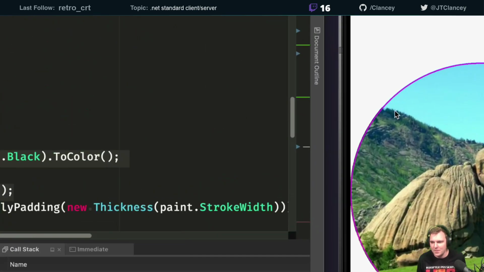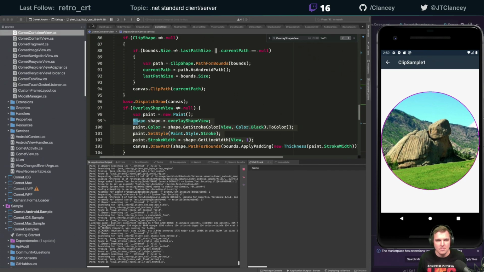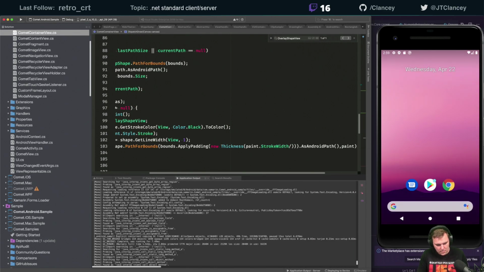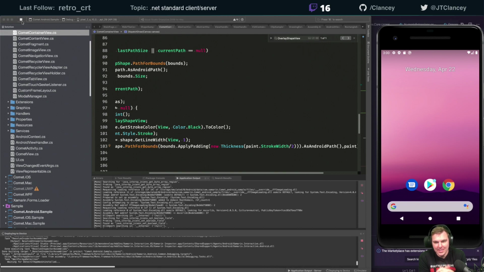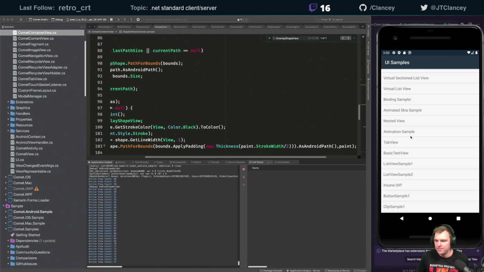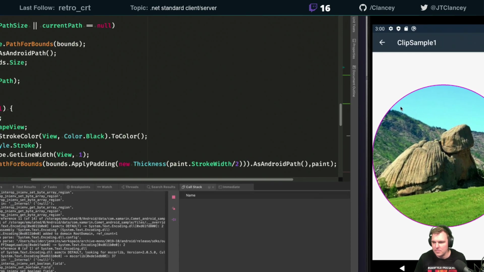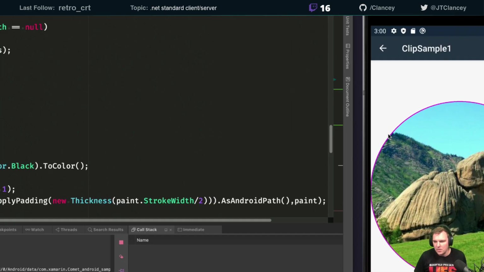Ooh, too far, too far. Half of it needs to move half. Because if you want a 4 pixel border, we do need to inset it some, just half of it, not the whole thing. Now we should have a pretty border. Too far, too far. That's right. It still has some jagged edges though. So maybe